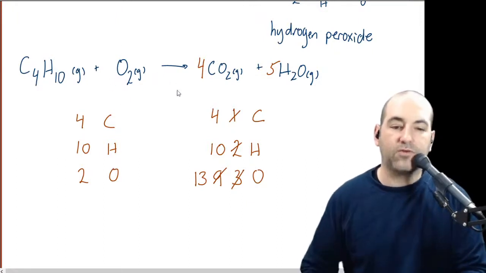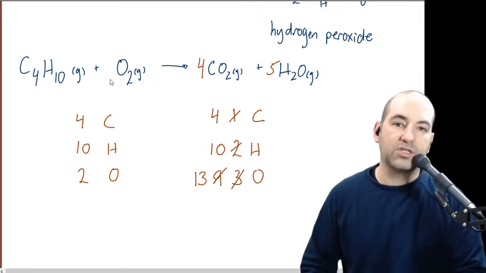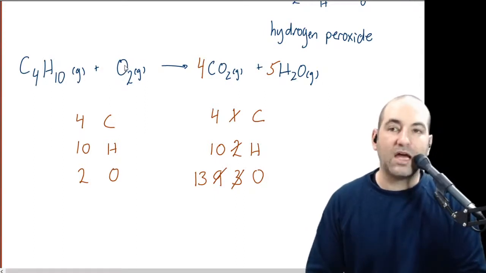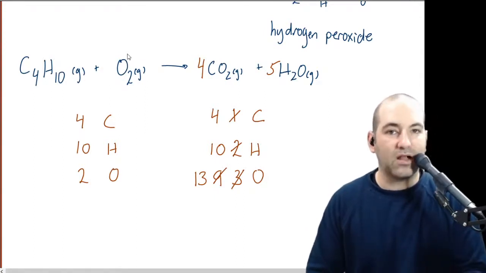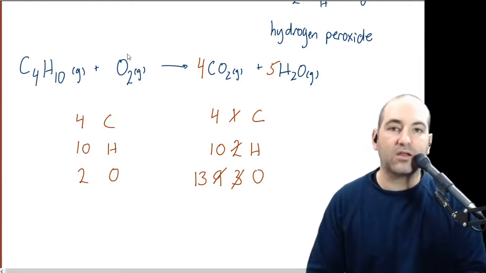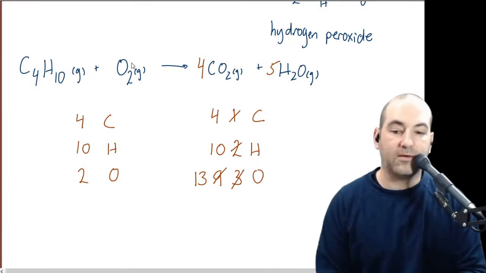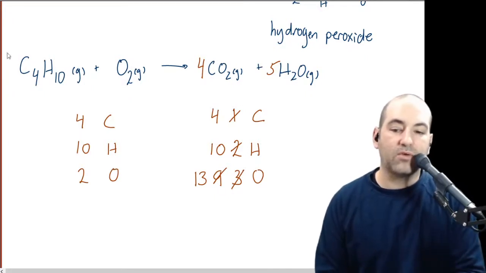We could use, maybe you're thinking we could use fractional numbers, fractional coefficients. That sometimes works, but it's generally not a good idea because we can't have fractions of molecules. So if we're talking about counting these molecules, we really want to have whole numbers. So you may realize that the correct solution here is to just double everything. We started with a 1 here because that's what we wrote down, but that doesn't mean it has to stay that way. So what we can do is add a 2 here,